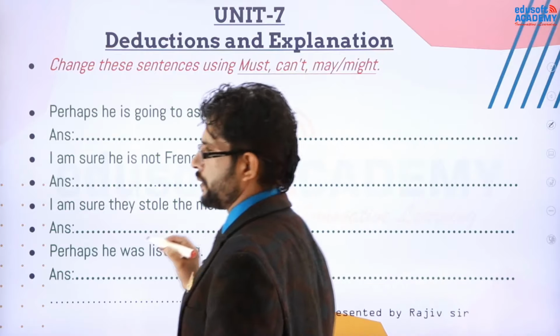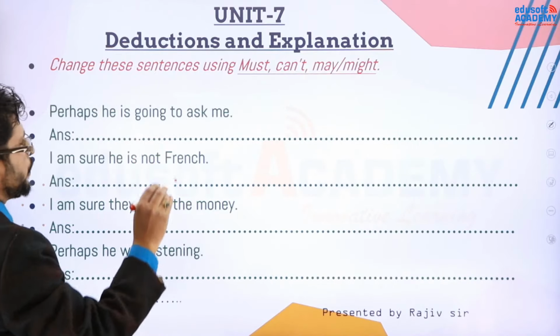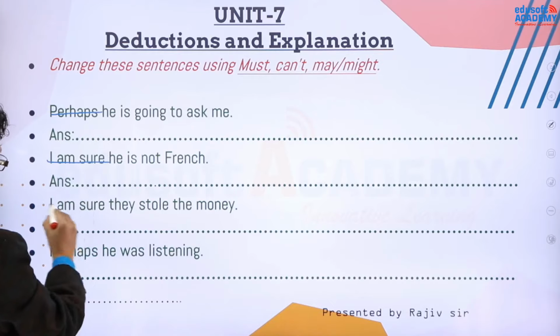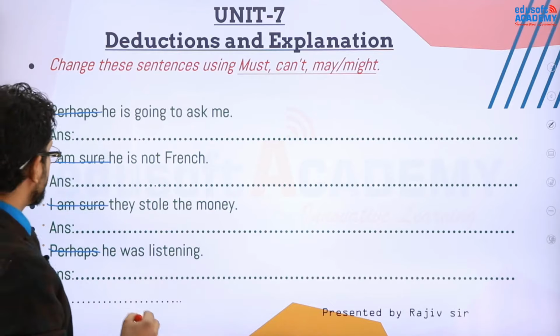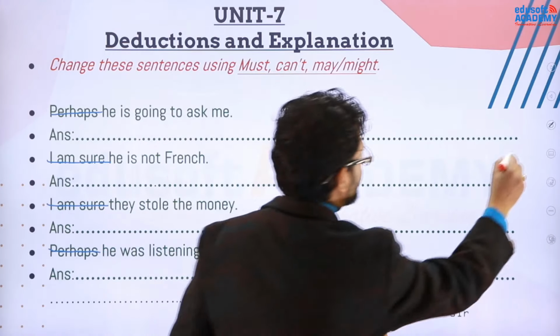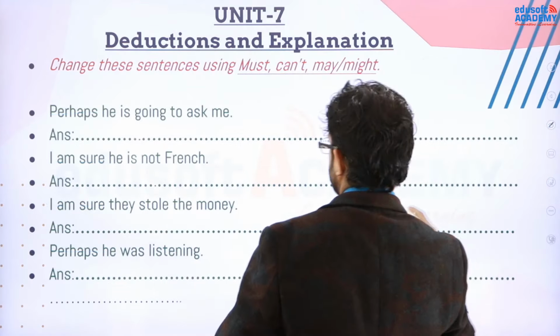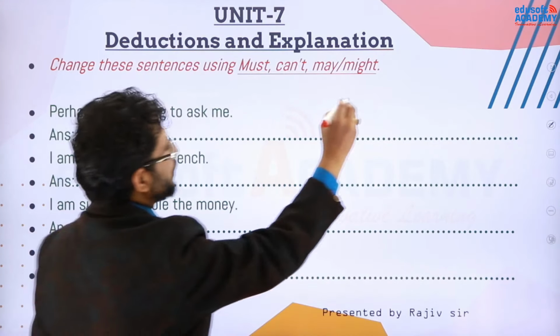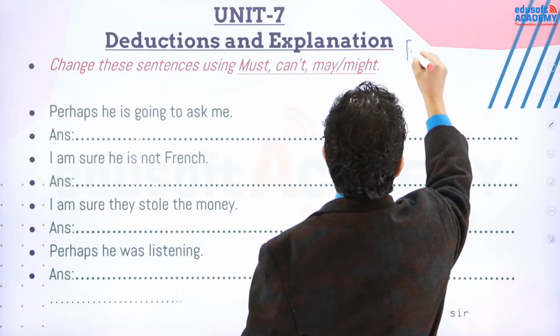Okay, look at the question. Perhaps he is going to ask me. Don't write this "perhaps", I am sure. You are not going to begin it. After that, you can see, after perhaps, you can see easily whether the sentence is positive or not. Perhaps is asked. So if perhaps is there, we